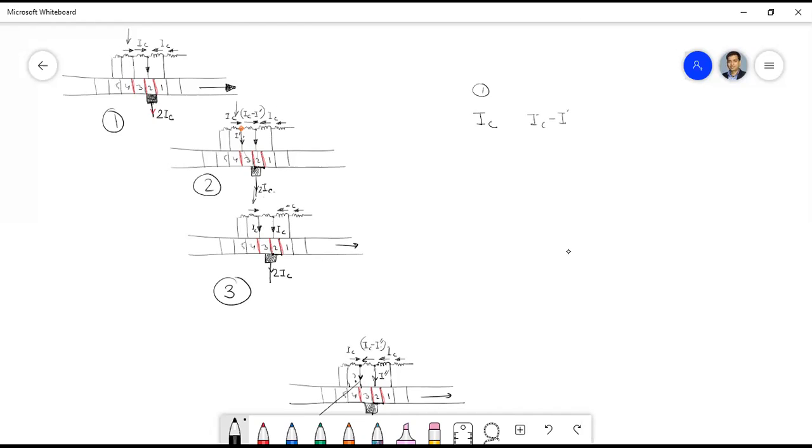I prime has a finite value. In the third instant, it was 0. In the fourth instant, it is in the opposite direction, that is minus Ic minus I double prime. And in the fifth instant,